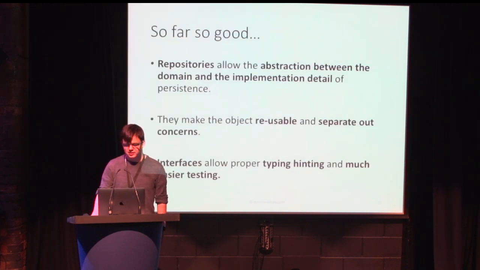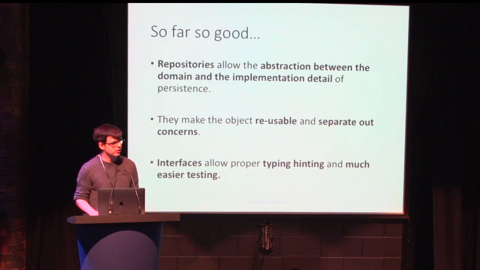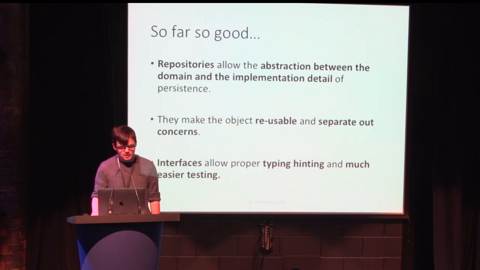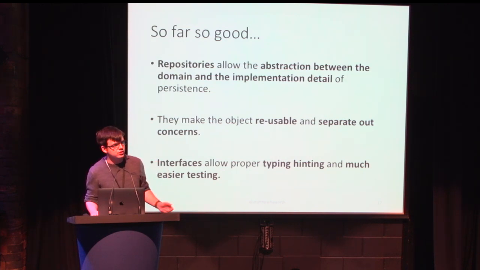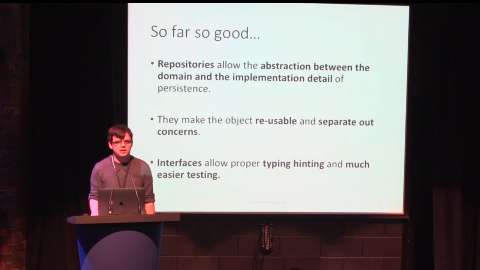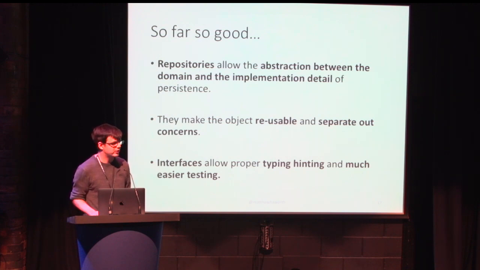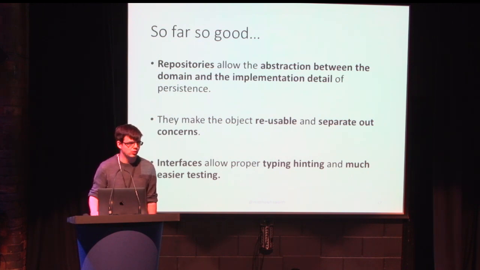This is what I said before. I got really excited about this. I was like, this makes a lot more sense than what we had in Magento 1. Repositories allow the abstraction between the domain and the implementation detail. They make it more reusable and separate out concerns. We've now got a domain model that I can use in any context, not necessarily just the database. And you could have used interfaces in Magento 1, no one's going to stop you, but now it's part of the culture of Magento 2. And that's quite exciting because more junior devs are looking to aspire towards those sort of design practices.